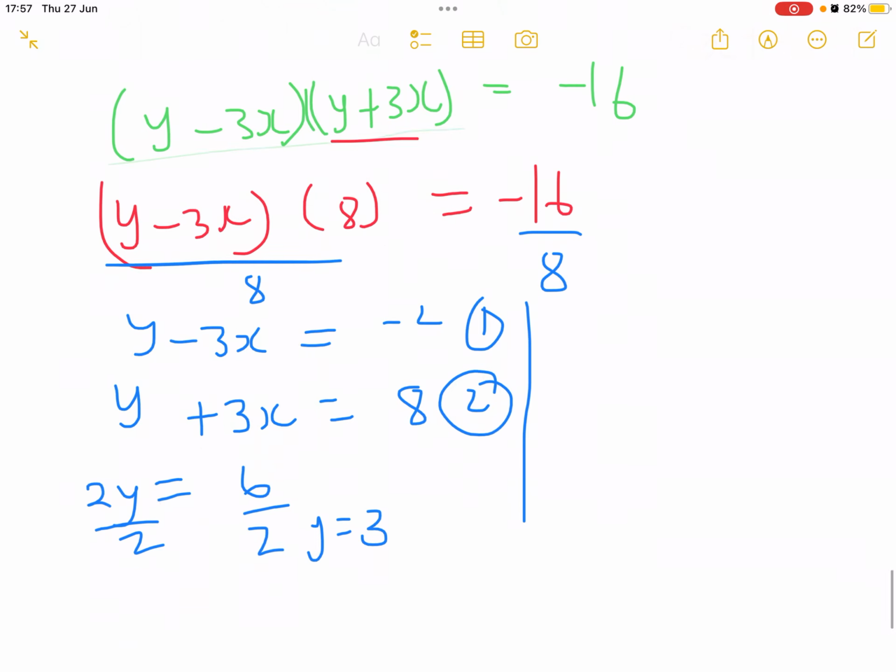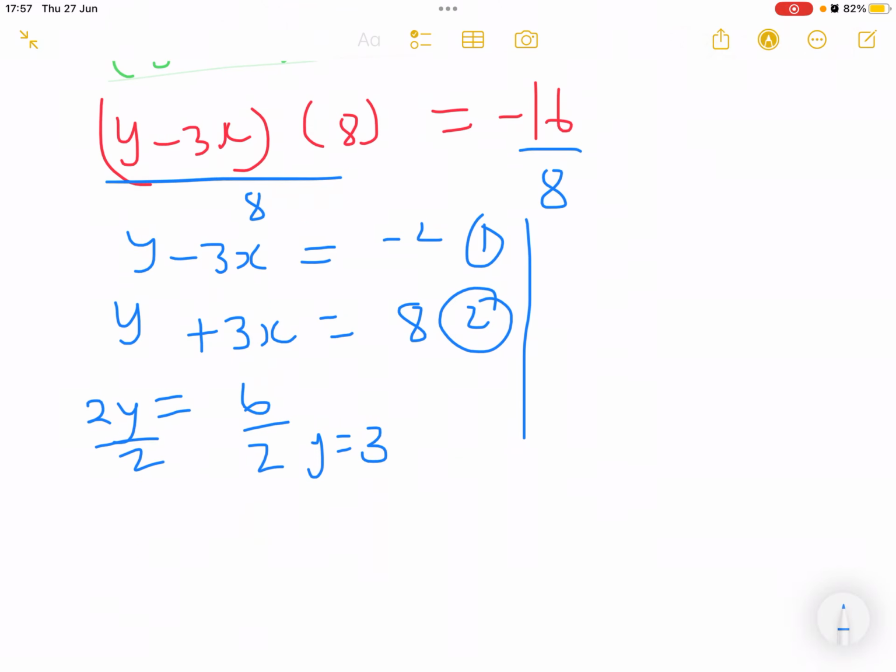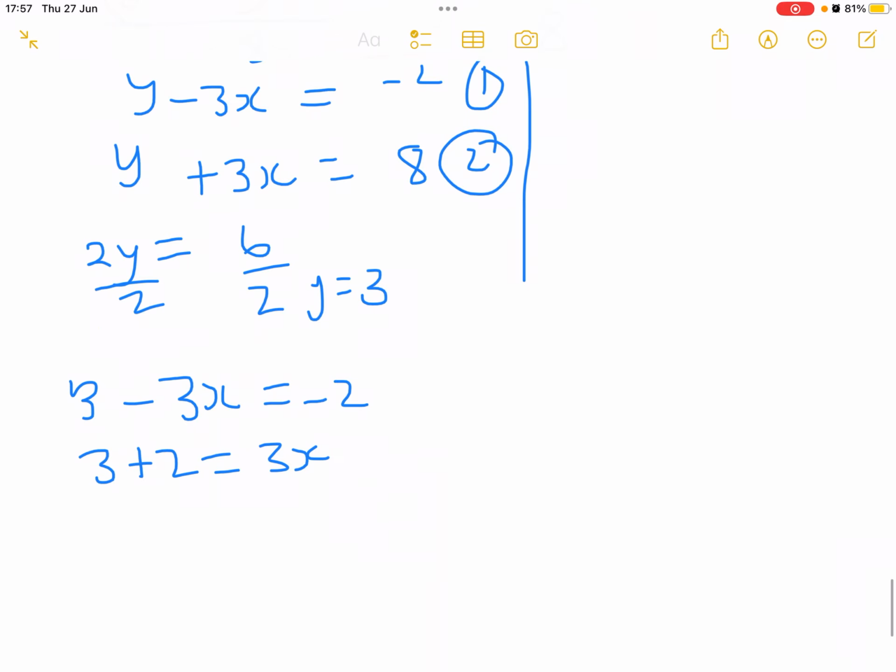Then for us to get the x, we are going to substitute it here, that 3 minus 3x equals negative 2 would have given us 3 plus 2 equals 3x, and this gives us, divide by 3 both sides, and then x is equal to 5 over 3. Or